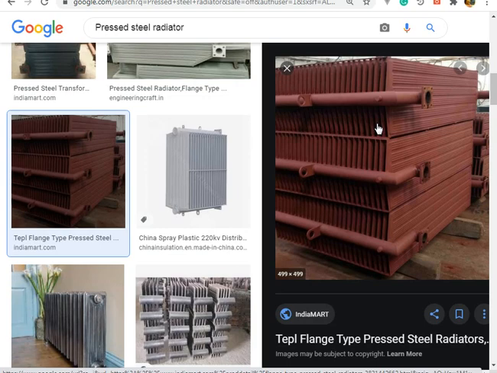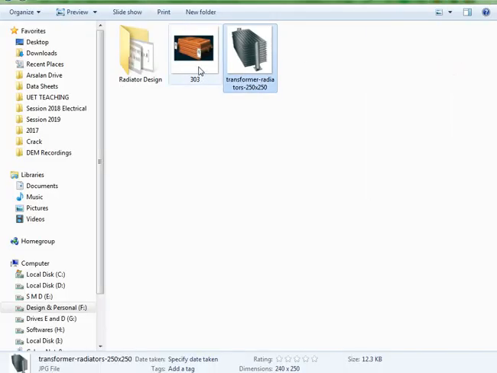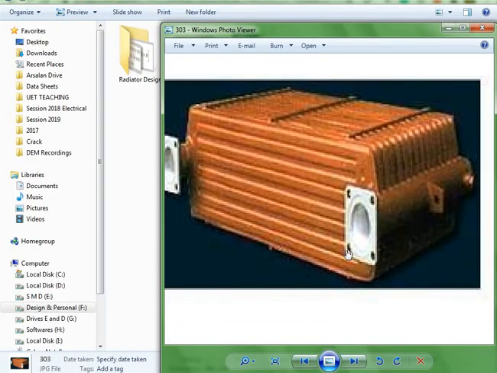Those are called corrugated heat sinks. But corrugated heat sinks mean that you are increasing the surface area. Here you are increasing the surface area by this pressed steel radiator, so that you have these pressed and you have oil flowing through these ducts over there. So this pressed steel radiator, another picture I guess is this one. I hope everyone can have a look at this. This is the entry of the oil, this is the exit of the oil.